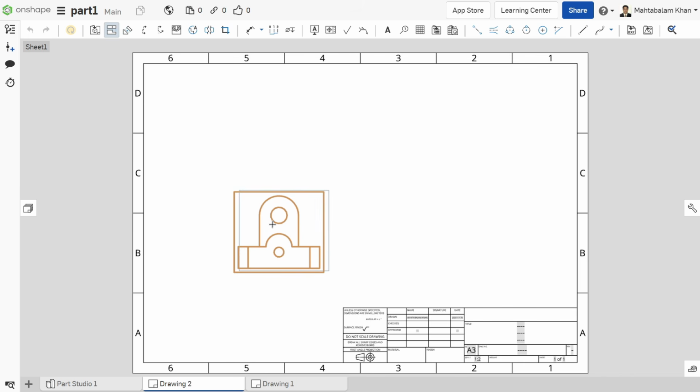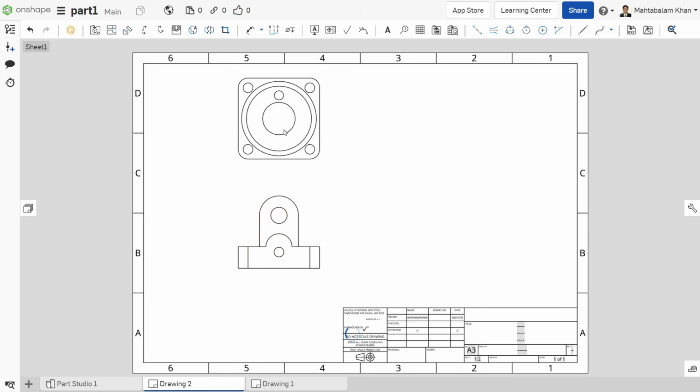Now still here you will see at top the projected view is still on. So I am going to say this is the bottom view. Now that's it.